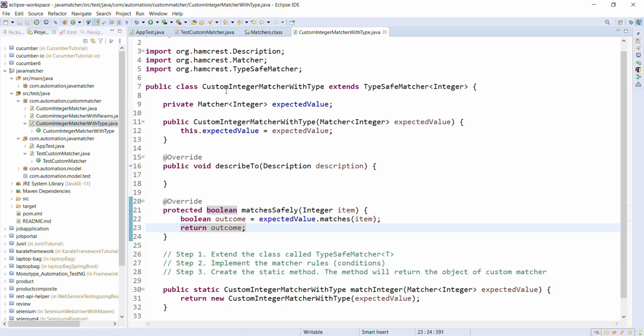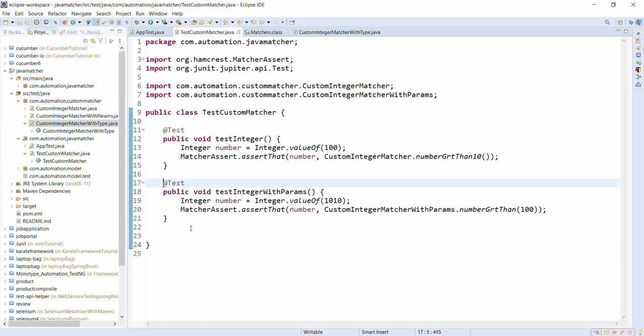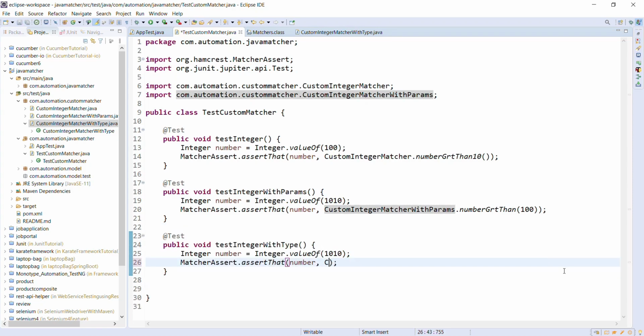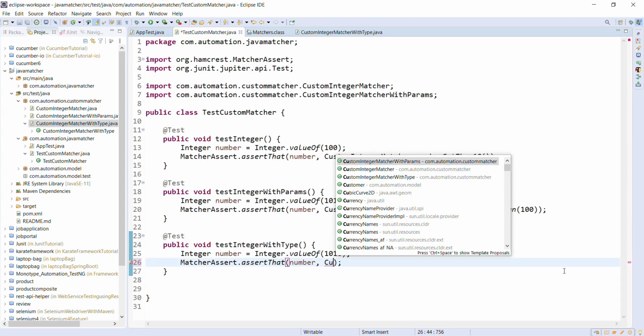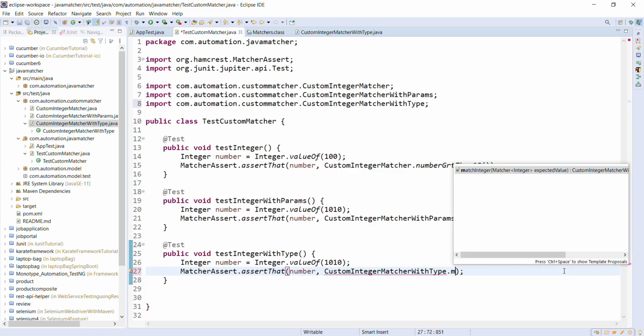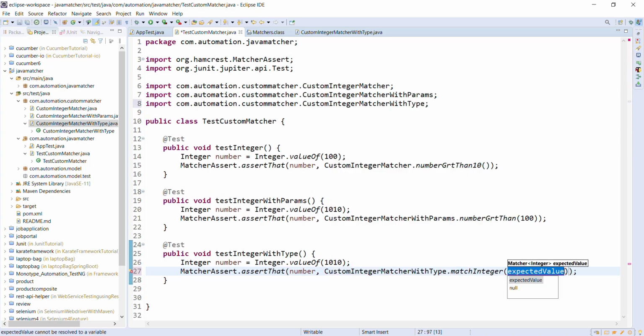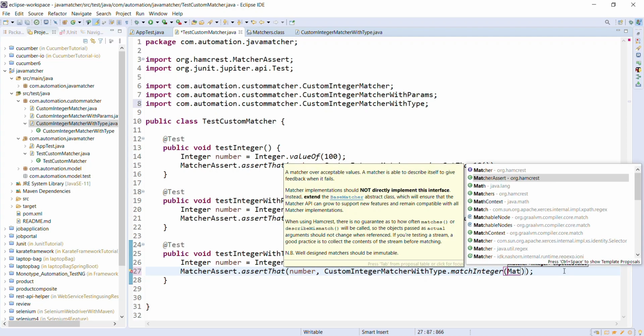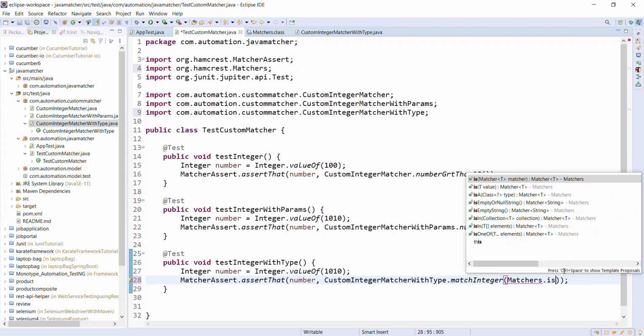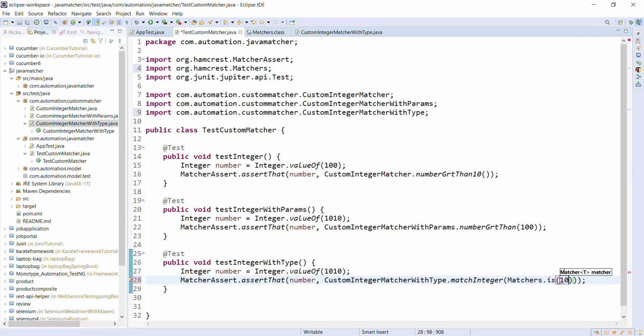Now let me use this custom matcher in one of our unit tests. CustomIntegerMatcherWithType.matchInteger. And here I can pass any of the inbuilt matchers whose return type is Matcher of Integer. So Matchers.is, and specify the value as 1010.